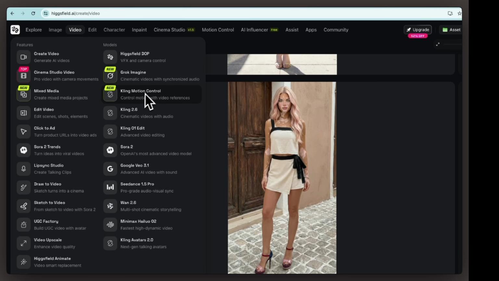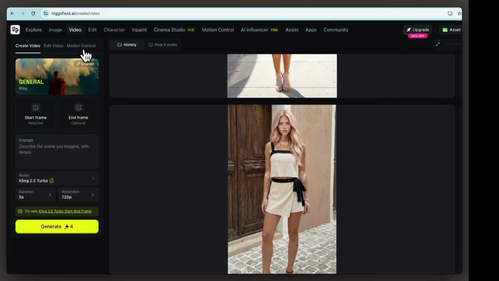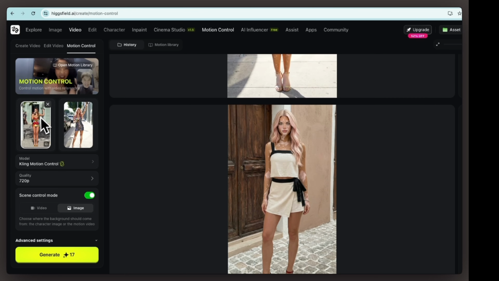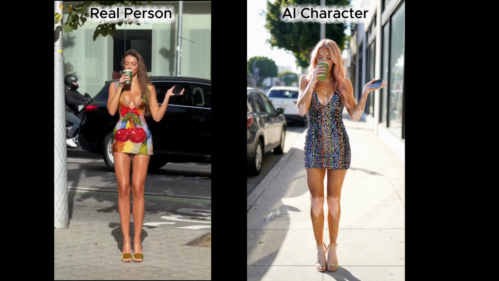Now, if you want to try the motion control feature yourself, just select it from the Kling model, the 2.6 motion control in Higgsfield. For this example, I uploaded a dance video I found on Instagram and paired it with this input image. These were the settings I used, and here's